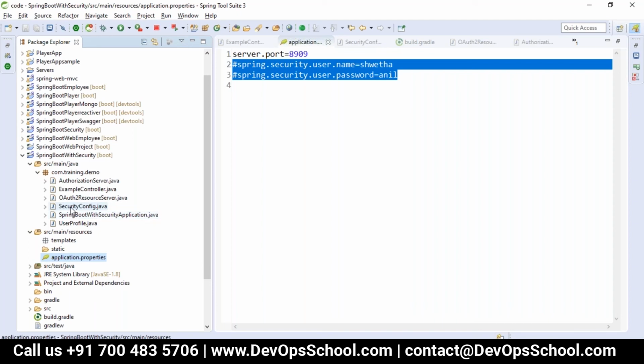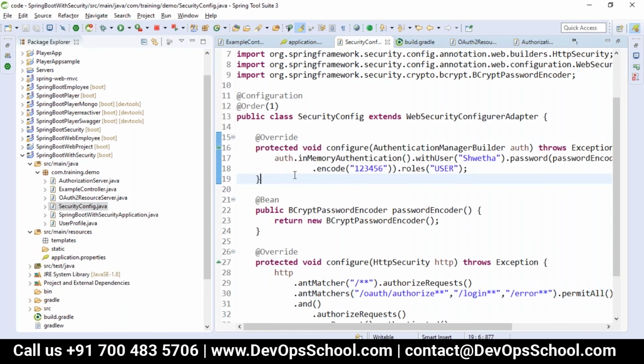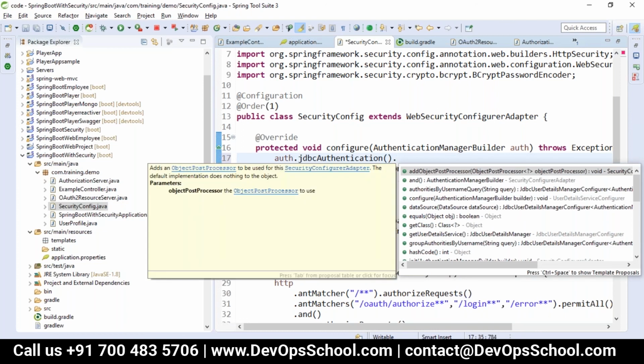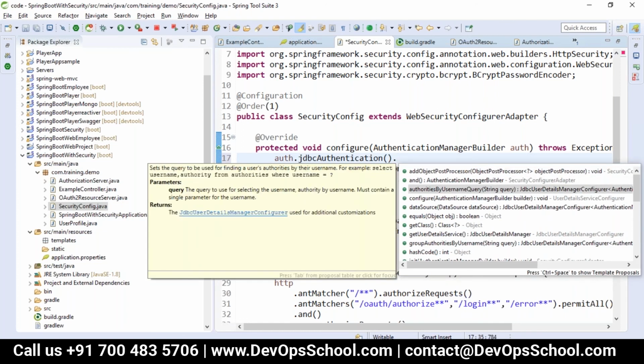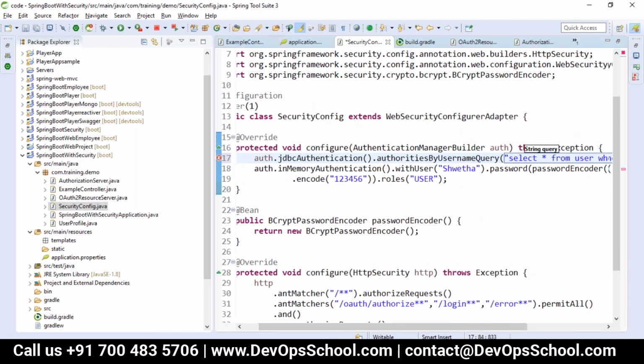In the security config that we have written, we just used in-memory authentication. But instead of in-memory authentication, if you want to configure with JDBC, you can go with JDBC authentication. With JDBC authentication, the object you want is the authorities-by-username query. So you have to send your query, which is like select star from whatever table you have, the table name where your username is.